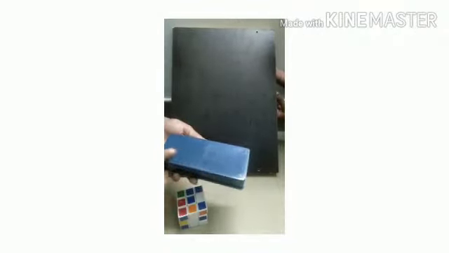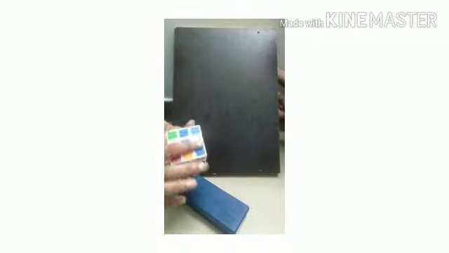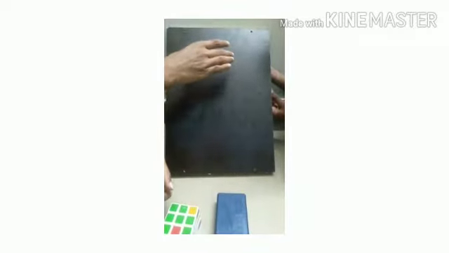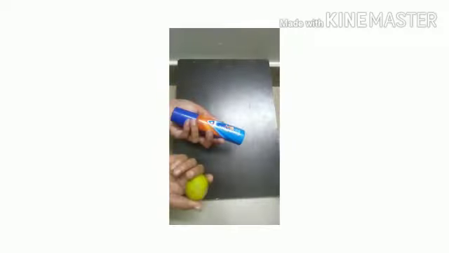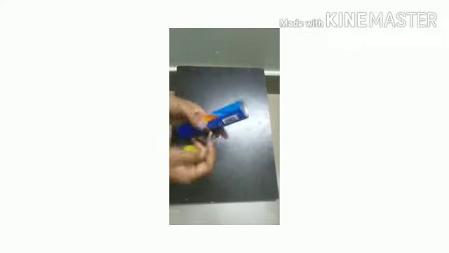Students, here are some objects with a plain surface. Can you see? Plain surface. It has a plain surface. The objects with the plain surface will slide. Just we'll see with this object. See, it slides. The objects with the plain surface slide. Students, objects with a curved surface, see here, with the curved surface will roll. Curved surface. See here.